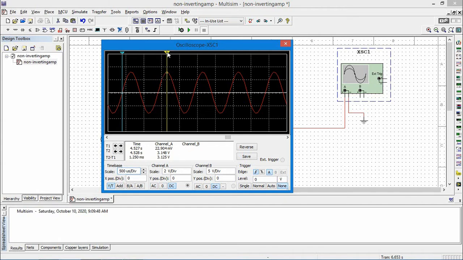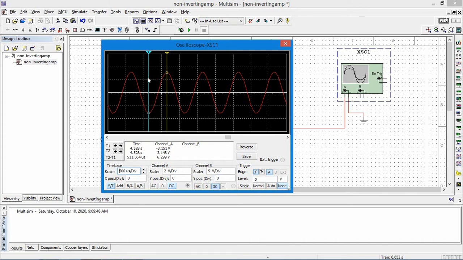The T2 values correspond to cursor 2. For cursor 2, the time axis value is 4.58 milliseconds and the waveform peak value is 3.148 volts. Next, if you want to see the negative peak value, move cursor 1 to the negative peak.